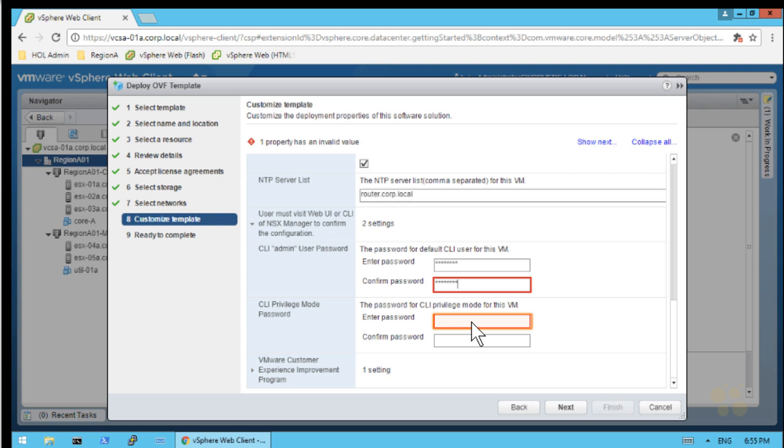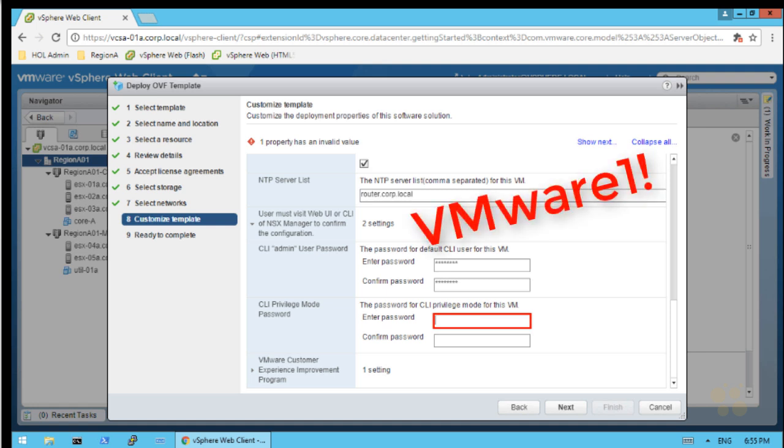And then for the command line interface privilege mode, not just looking but actually making changes, we'll click in there for the enter password field and we'll put in the same password in this case. Real world, we might want to put in a different password rather than putting in the same password for both user level and privilege mode access. And a gentle reminder, please never, ever, ever use VMware 1 exclamation point as a password for anything you do